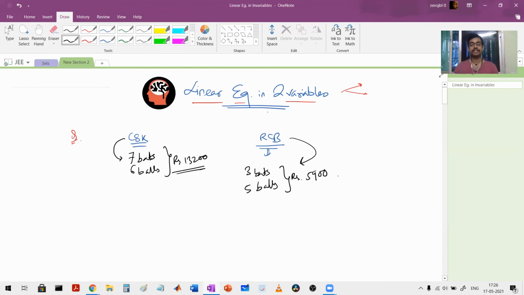Apparently, by seeing this much information, can you find the cost of each bat and ball? What will be the cost of one ball and one bat? Can you tell by looking at this much information right now? Most probably not,